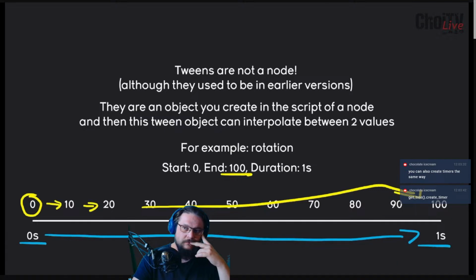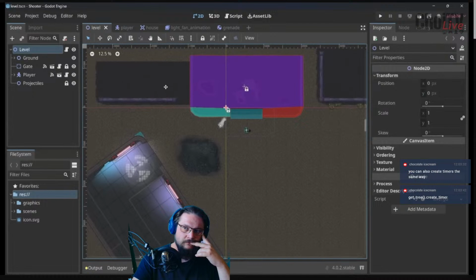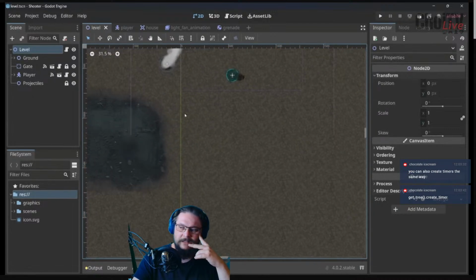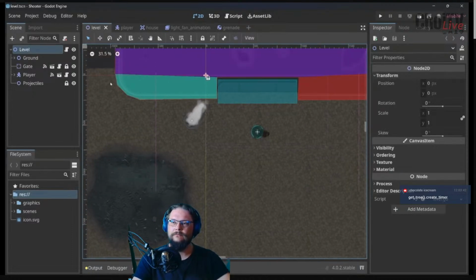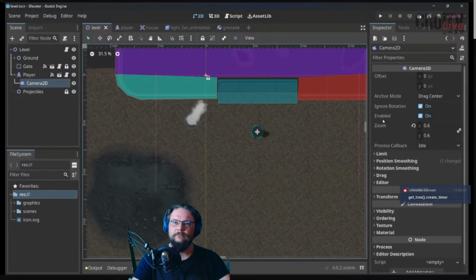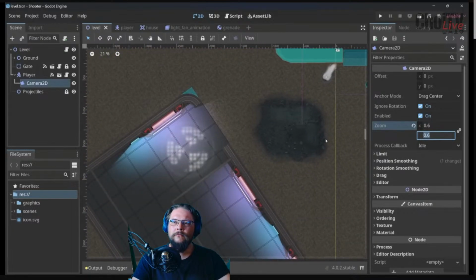No dedicated node, and it's very easy to work with. Once again, here we are back in Godot. And what I want to do is that if the player is entering this house, I want to zoom in on the player, which means inside of the player, we have the Camera2D, and this one has a zoom level. If the player is entering the Area2D of the house, then I want to increase the zoom level to whatever value we want. Let's say if I go to 1,